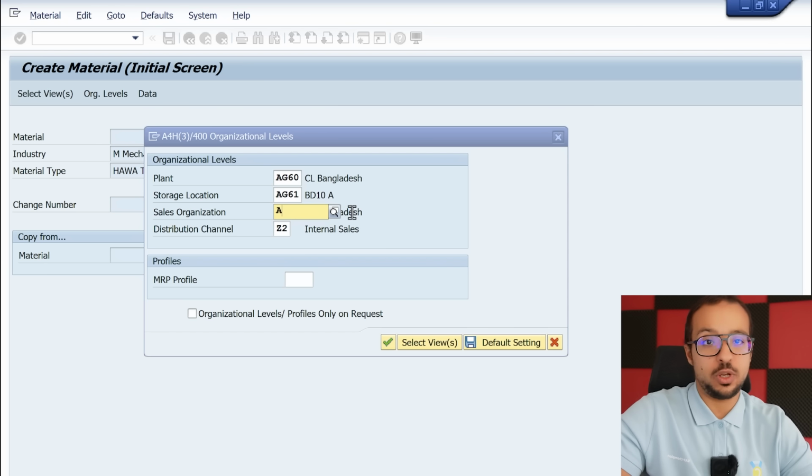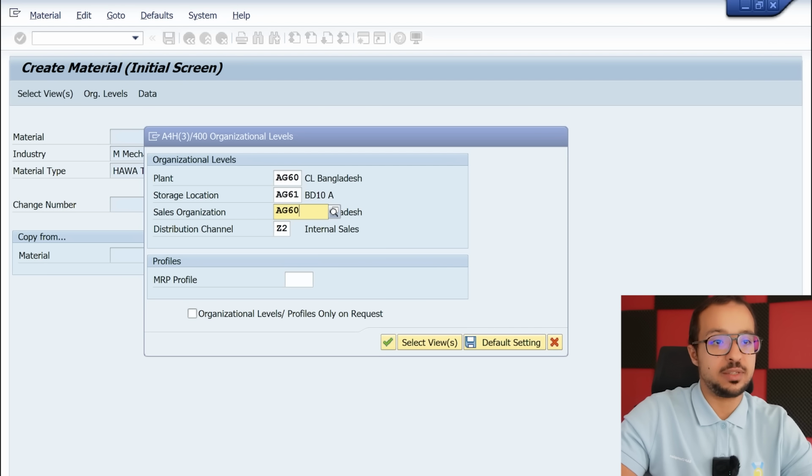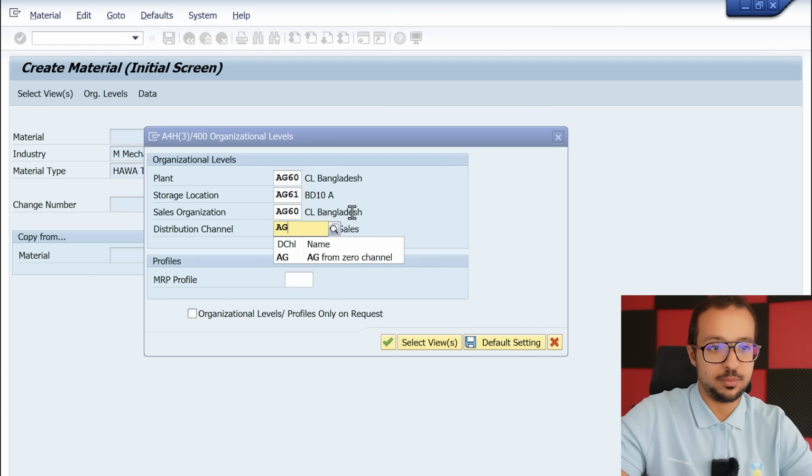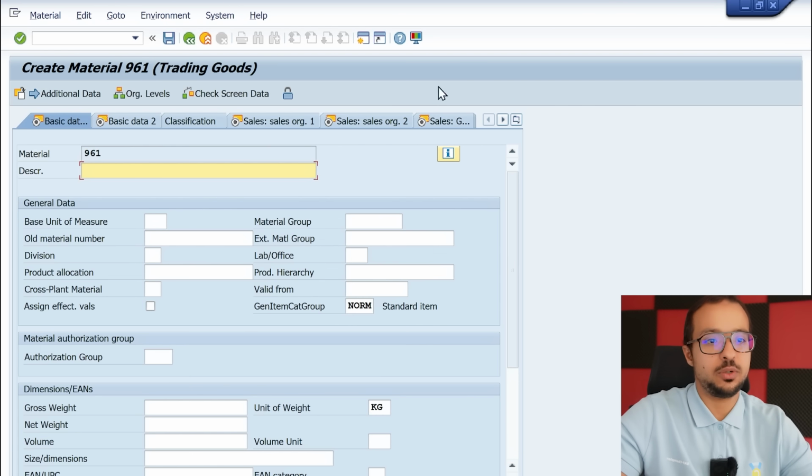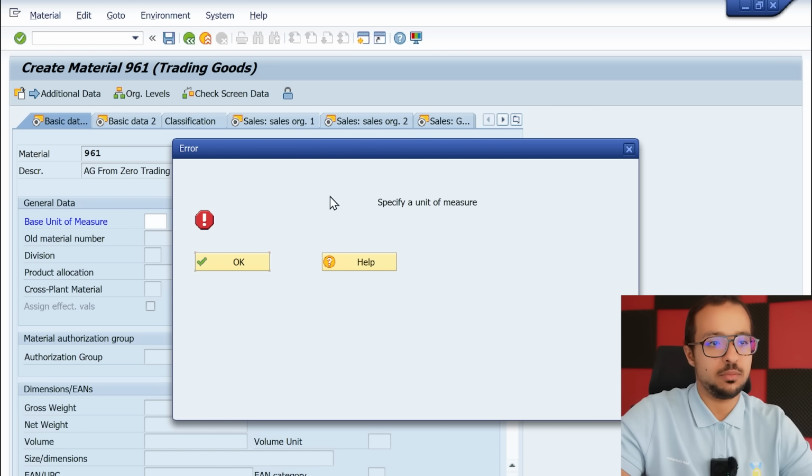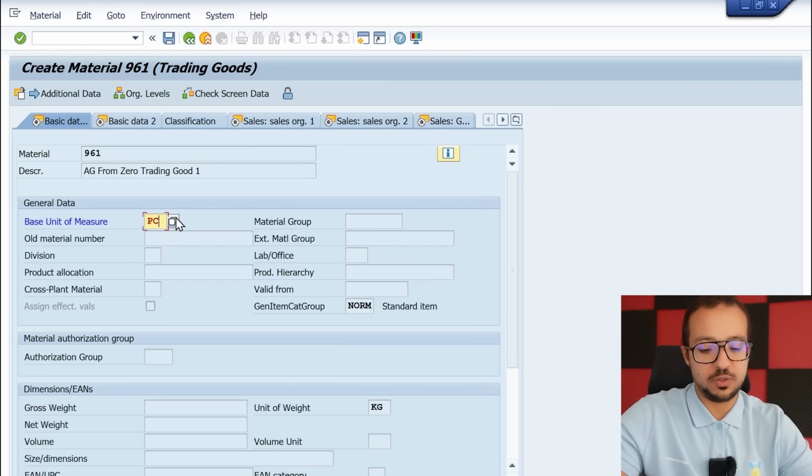And then our sales organization that we configured is AG60. And the distribution channel is AG. So these are all the objects that we configured together and that we are going to use in our sales order. Then press enter. And here we can maintain the different details. So let's say AG from zero demo, from zero, but instead of raw material, this will be trading good 1. Unit of measure is piece,